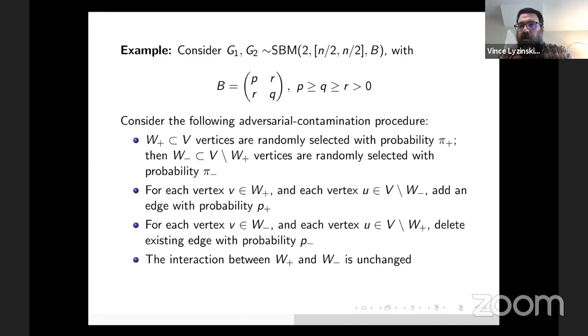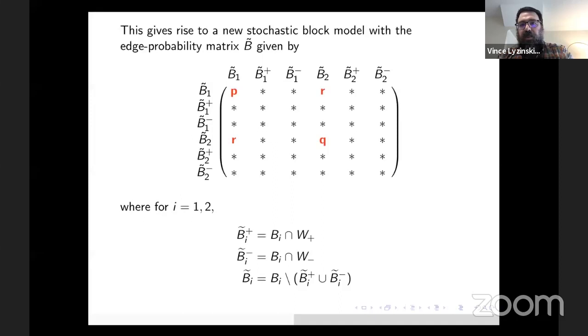This takes this 2-block stochastic block model and lifts it into a 6-block stochastic block model, where the red can be thought of as corresponding to pieces that weren't contaminated, or that we didn't select to be contaminated by the adversarial noise. This is the edge addition class in block 1, the edge deletion class in block 1, the edge addition class in block 2, and the edge deletion class in block 2. It's a very simple model, and we like simple models because it allows us to perhaps try to understand them from a theoretical perspective.